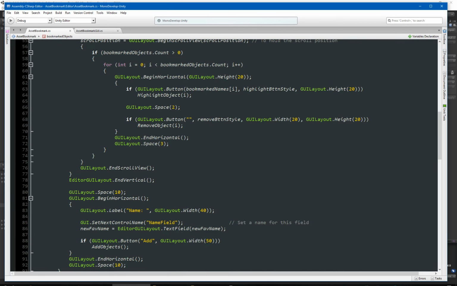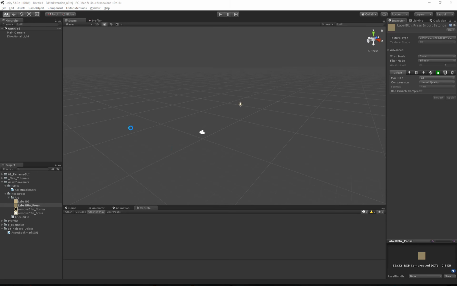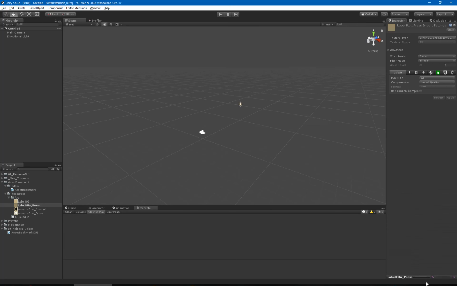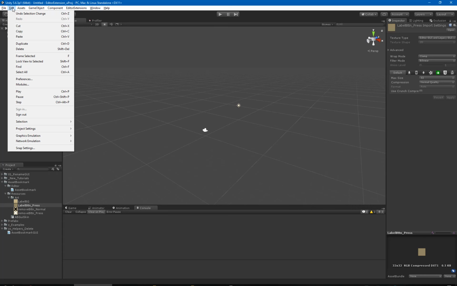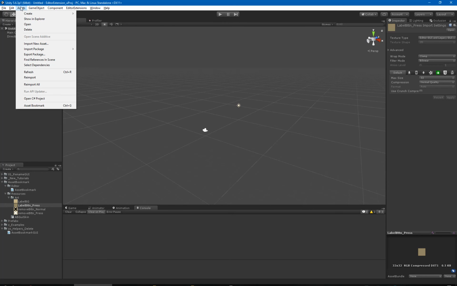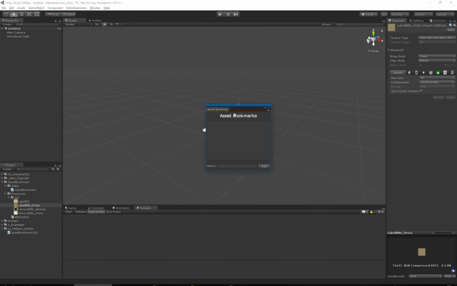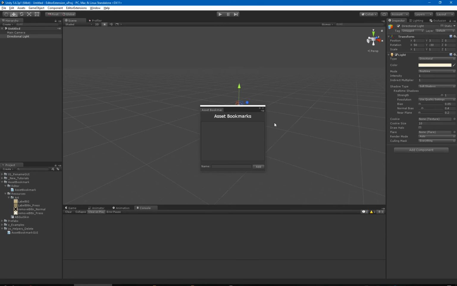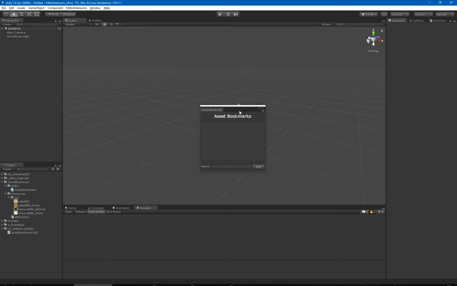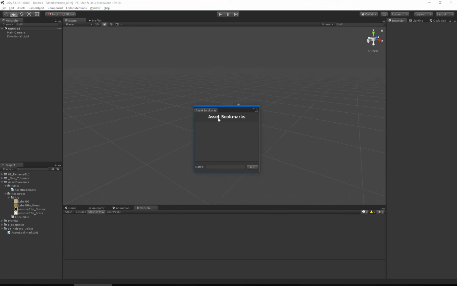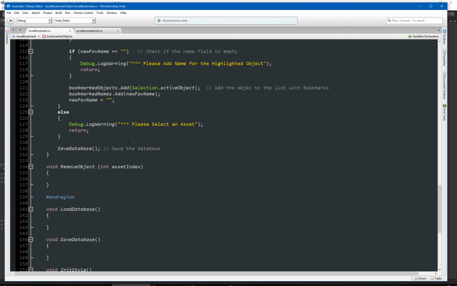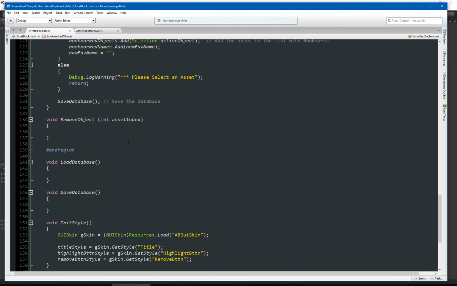You have to serialize it, which is slightly more advanced. But for now, I don't need to serialize it, because even if I serialize it, it will not remain if I close and open Unity. If I serialize it, it will be relative to a certain scene. I don't want it to be relative to a scene, I want it to be relative to the whole project. This is why I'm going to actually save it